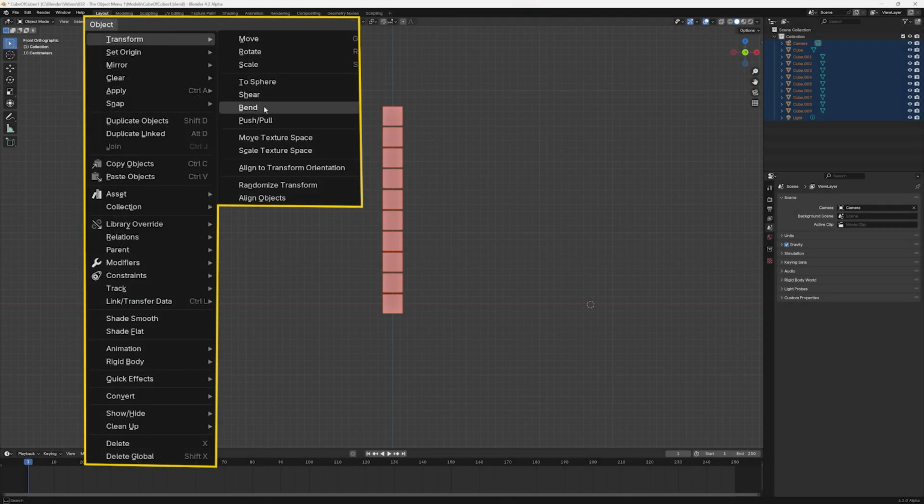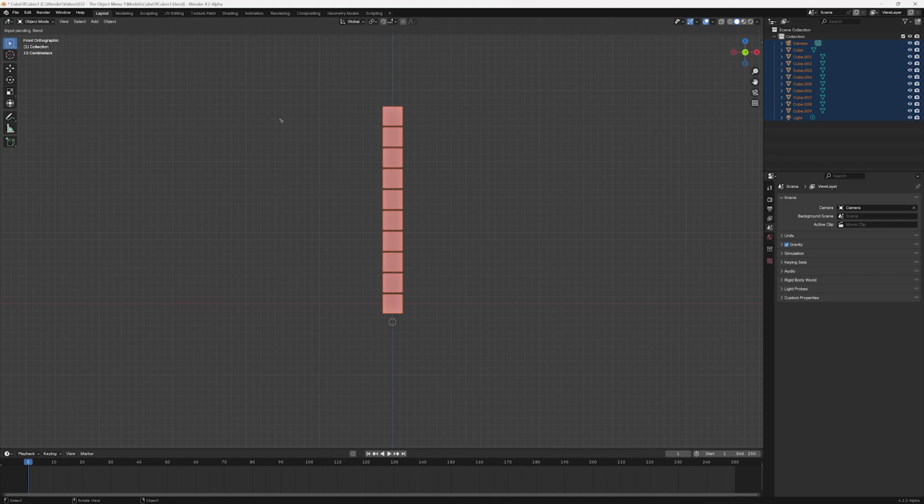Bend reorganizes the selected objects to create a bending effect. This is certainly the strangest of the options here, and the result is difficult to predict. Once we select this operation, we need to move the mouse to some selected point and then begin dragging. The positions of the 3D cursor and the starting point of the drag define the axis on which the bending